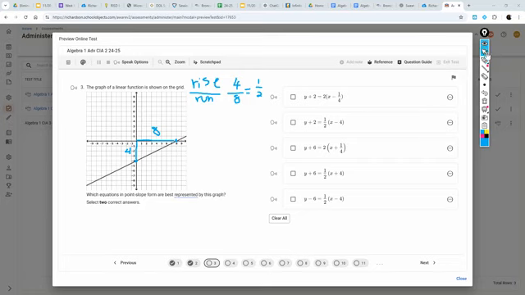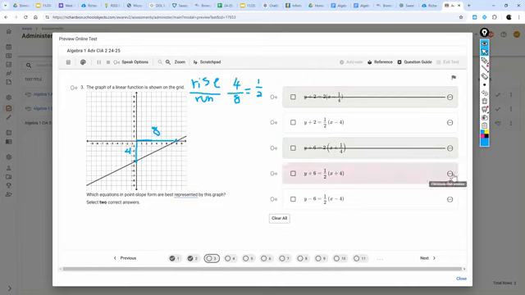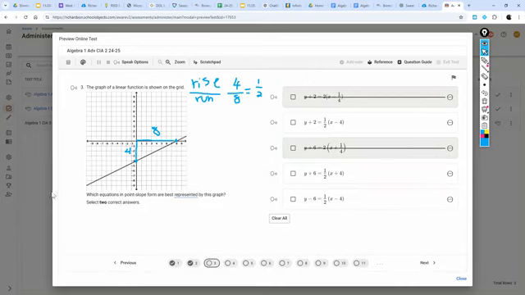So now I can go and cancel out the ones I know it's not going to be. Okay, so we know it's not going to be those two. And now it says there's 2 correct answers. So now that we know what our slope is, I'm going to find the ordered pair that